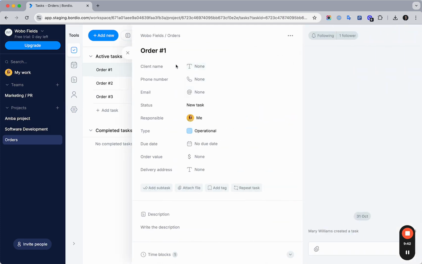So look what we have now. We have client name, let's call it Jacob. We have phone number, and default country code is the United States, so we can put any number here. Then we have email, and it can be support@bordio.com in this case. Then there is the status of the task, and order value, we can set it like